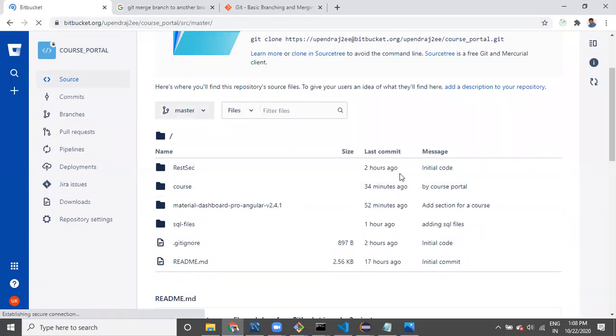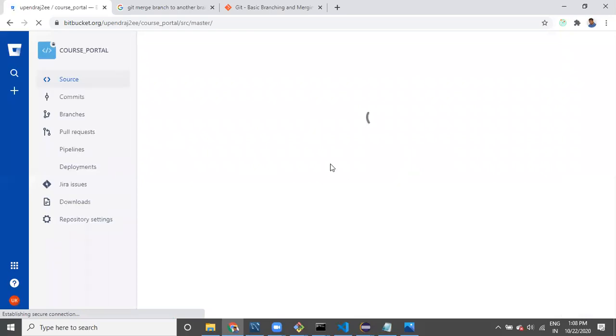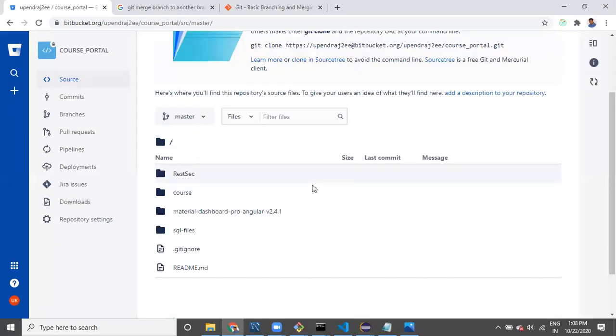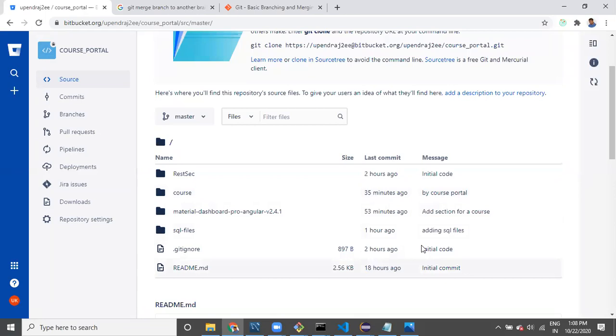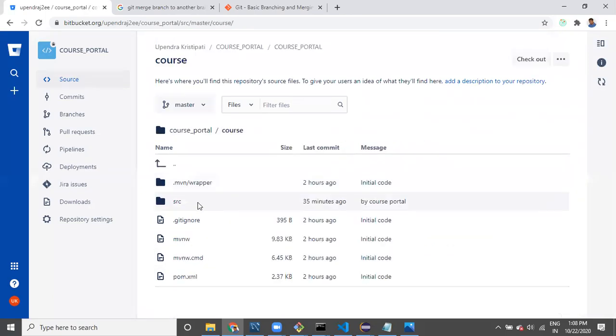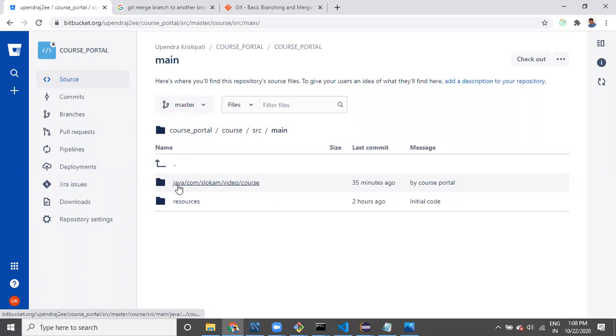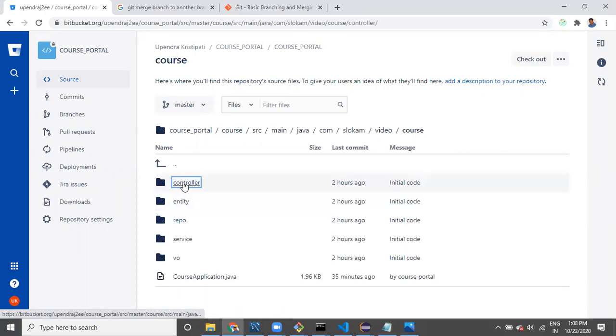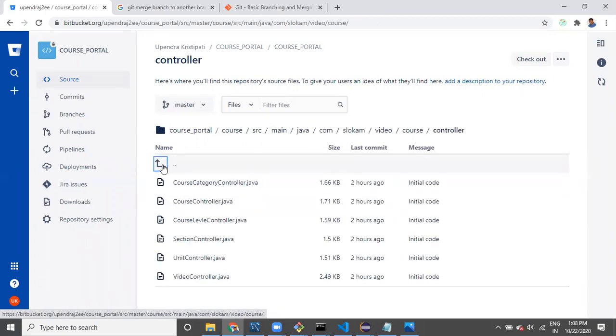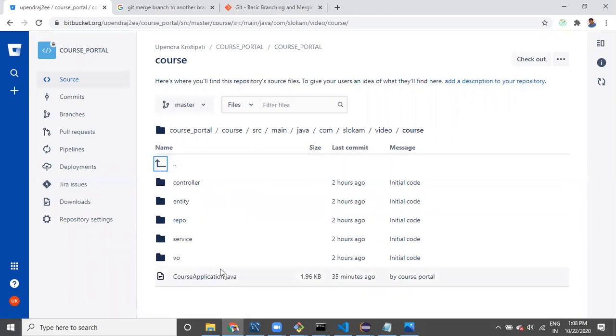Whatever changes we have uploaded, whatever changes we have done, we can see those things, guys. Course 35 minutes ago, 1 minute ago, 18 minutes ago. Initial code. It will be like this. If I go to this one, whatever changes we have done, the details will be available, those classes will be available, the changes will be available here, guys.